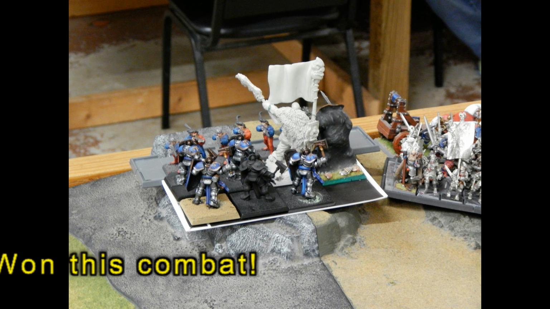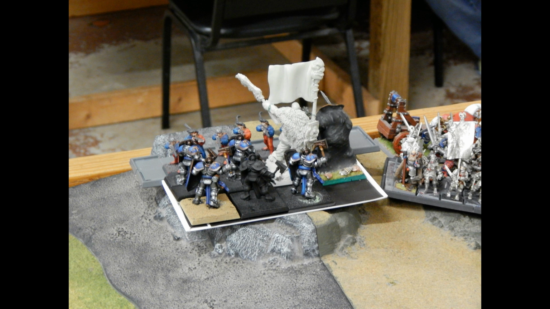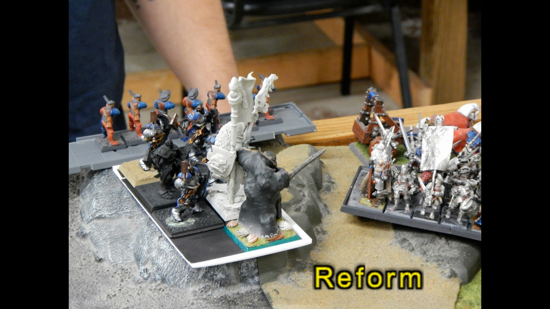Over here, not surprising, I'm able to decimate this unit. I think there's like 7 guys left out of 20 when the smoke clears. To be perfectly honest with you, I think they auto-break. So before he rolls what he's going to roll for his flee, I decide I'm going to restrain and reform because I don't want to miss the opportunity I have with this greatsword unit here. It's my turn next. So I make my restraint check, and he ends up rolling like a 3 to flee,